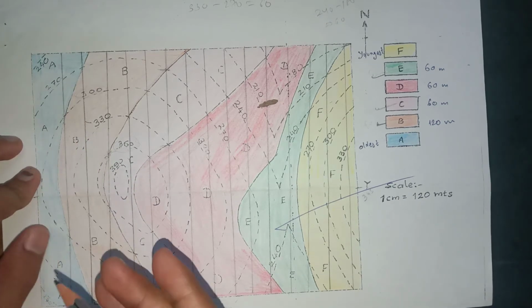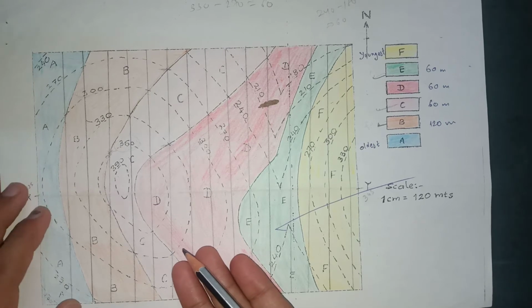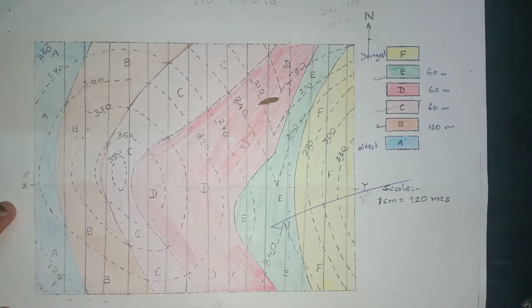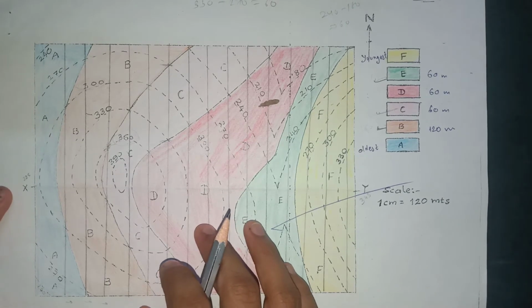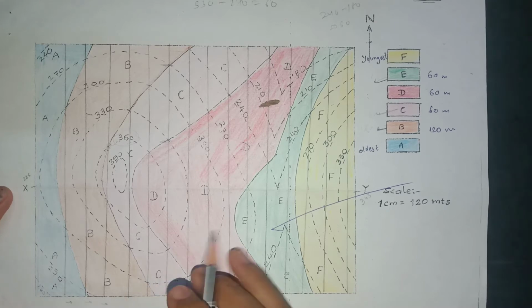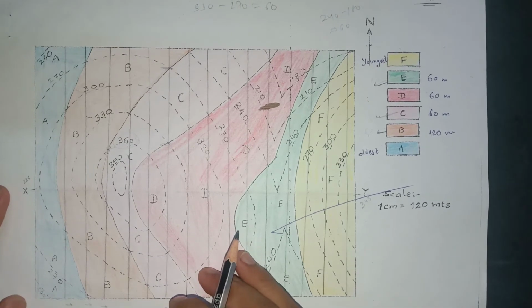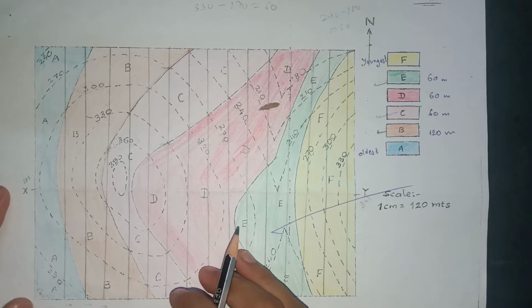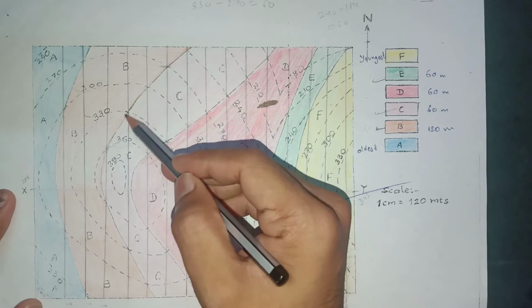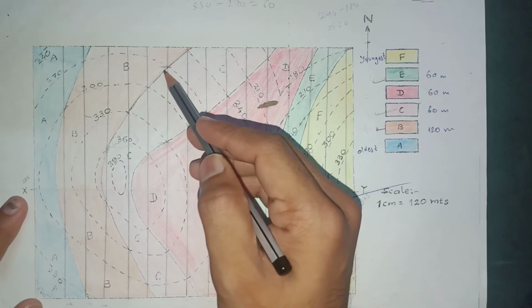Okay, so what do we have to do here? For this we have to follow an indirect method of finding the thickness. For that method we first need to find in which direction the bed is dipping. For that we need to follow the continuous line along the strike line. Suppose we have taken this,